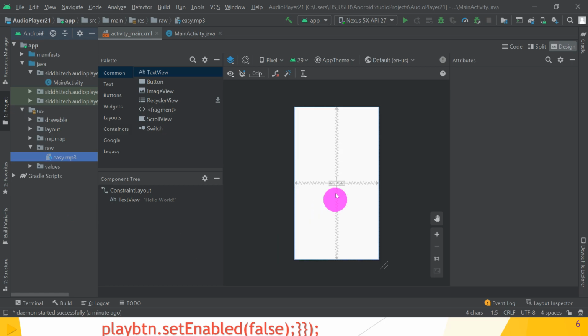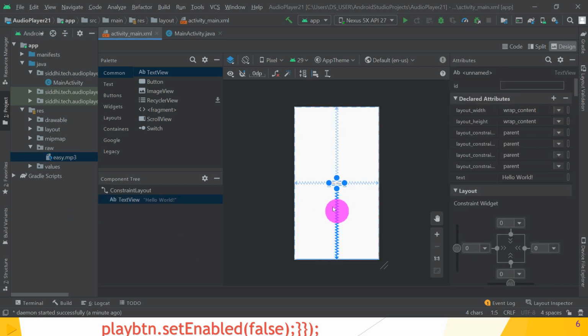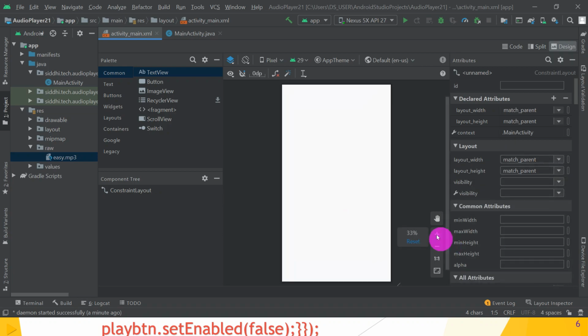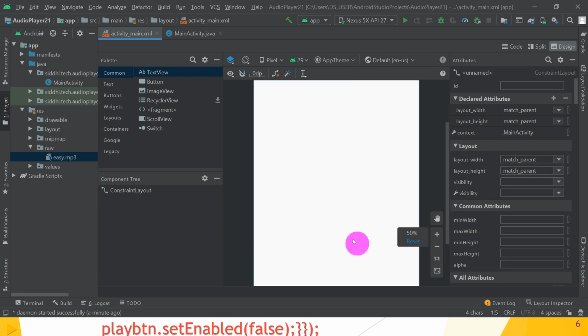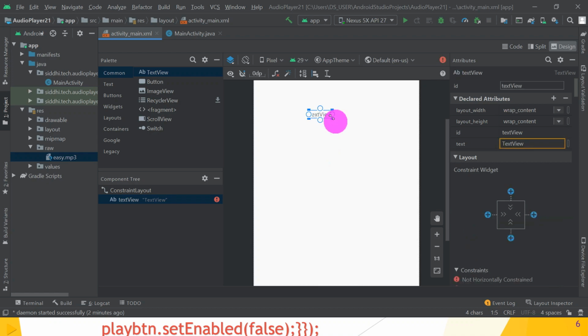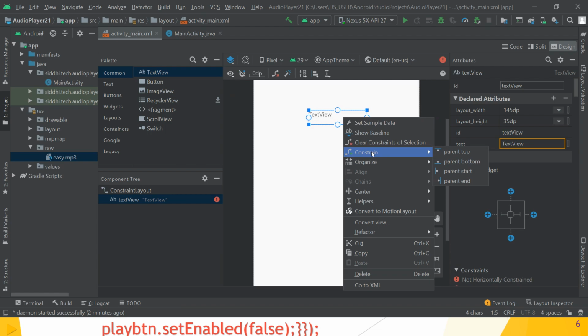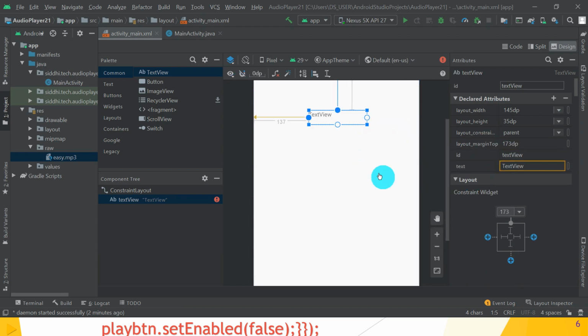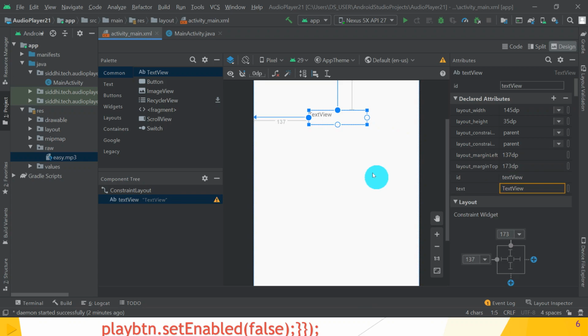Great, guys. Then the second step, to design our layout as per our requirement. So we have to design our media player layout. What do we require? First, we have to display the name of the song. For that, we have to take one text view, then give the constraint from the parent top and the constraint from the parent start. Great, guys. Hope you understand it.